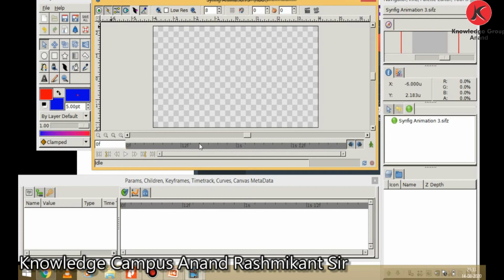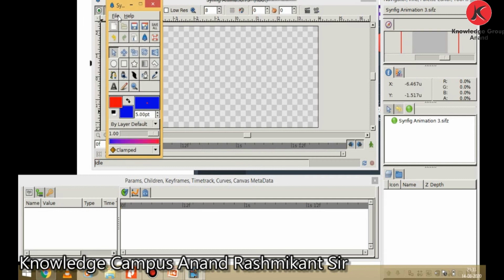Let us now see the different tools used to create and manipulate an object. This is the toolbox, and in the middle you can see the middle palette. Tools help you to create the artwork for your multimedia project. Synfig provides various tools to create and manipulate an object. Each tool has its own set of options and parameters. Tools options are visible in the tool options panel and parameters are visible in the params panel. When you select a particular tool, the tool options panel displays the options that are available for the tool.